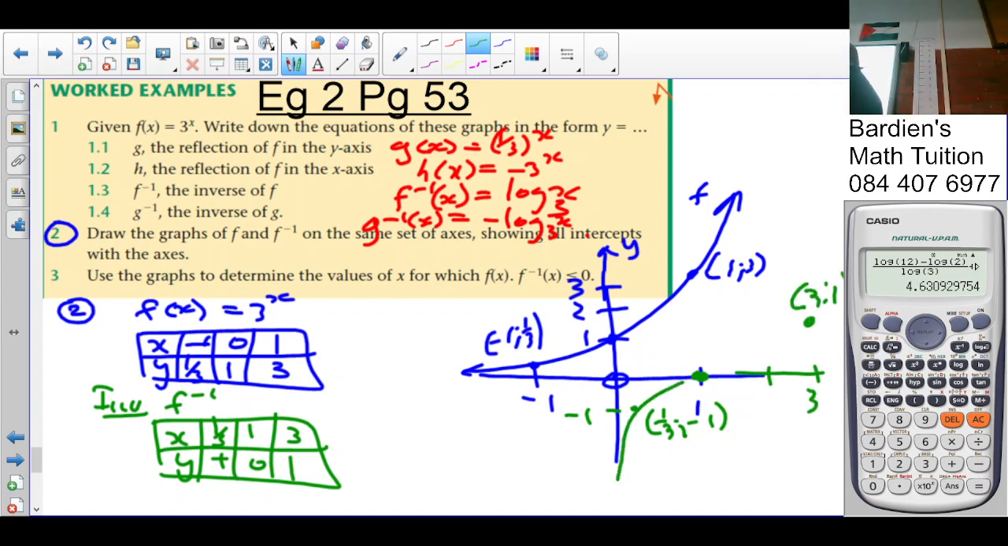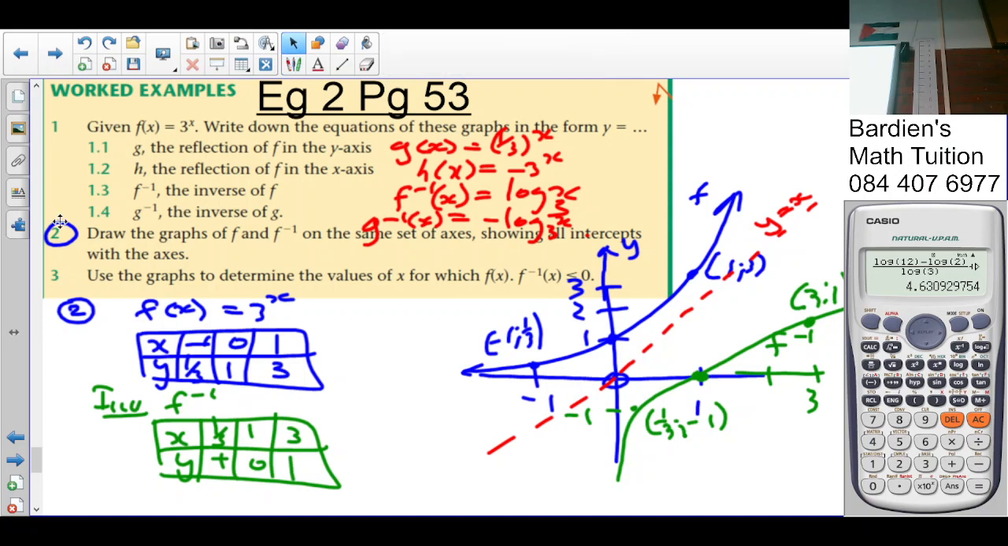Again, the x-axis is an asymptote for f of x, and for the inverse function, the y-axis is an asymptote. Whenever we draw these lines, we always draw in the line y is equal to x. Why? Because the inverse function is the reflection of that graph in that axis. Then it says, in number 3,